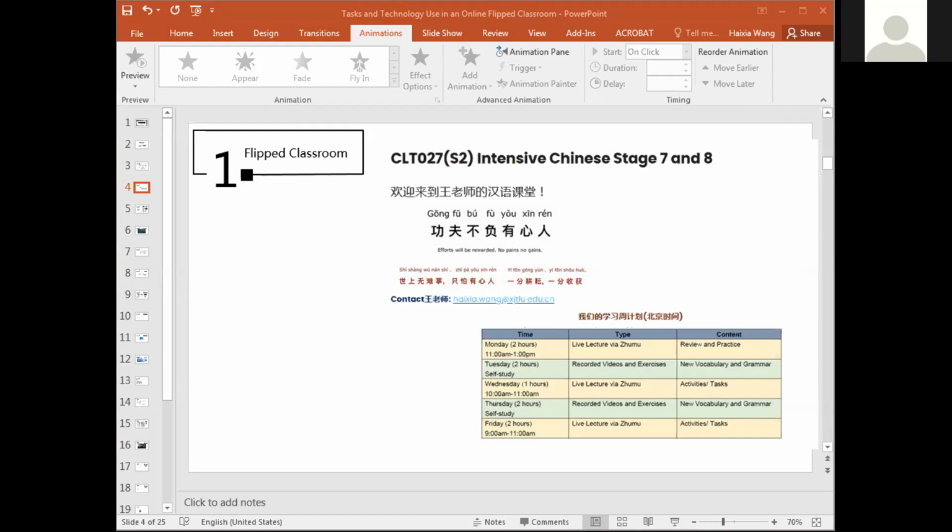But it has been working pretty well this semester for my CLT 027 module for 2 reasons from my perspective. Firstly, CLT 027, as you can see from here, it's an intensive course. Students choose the intensive course because they are motivated. So personally, I think student motivation is a key factor for a successful flipped classroom. Secondly,